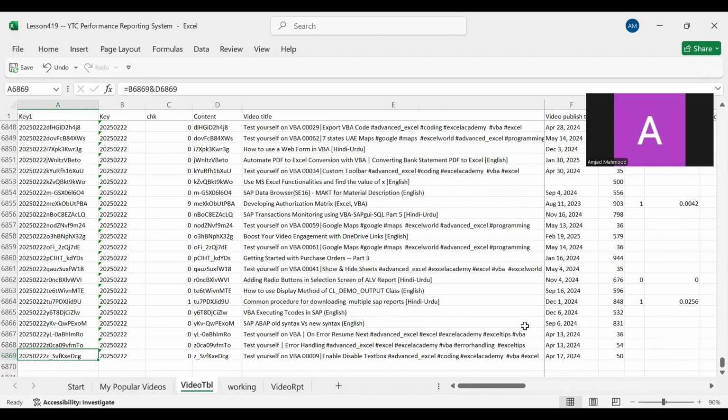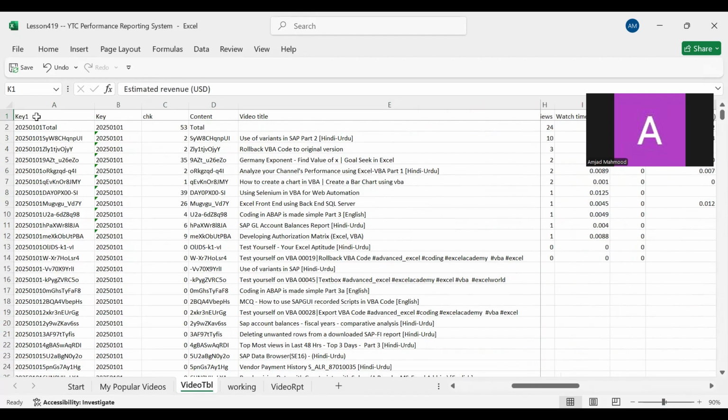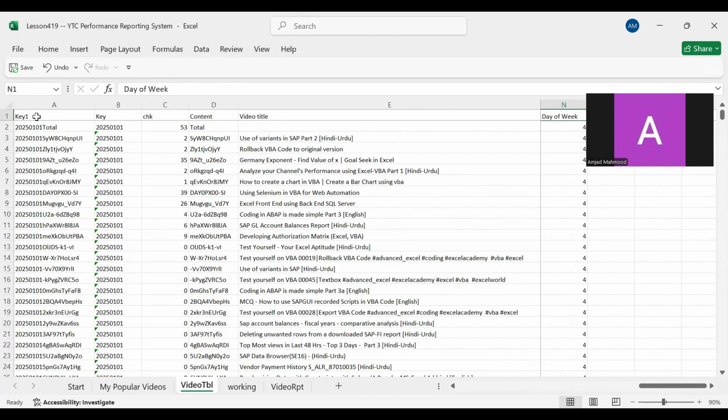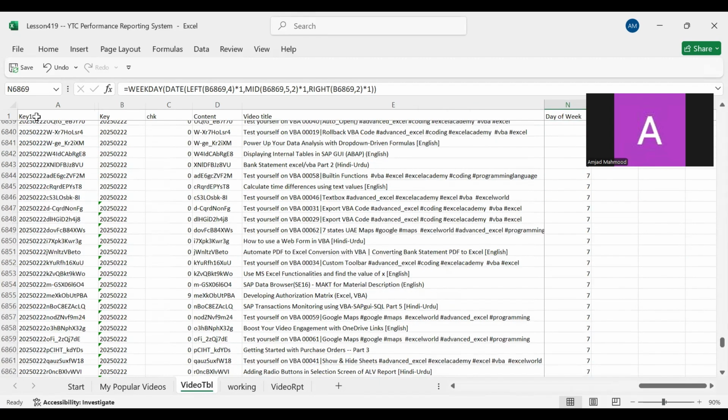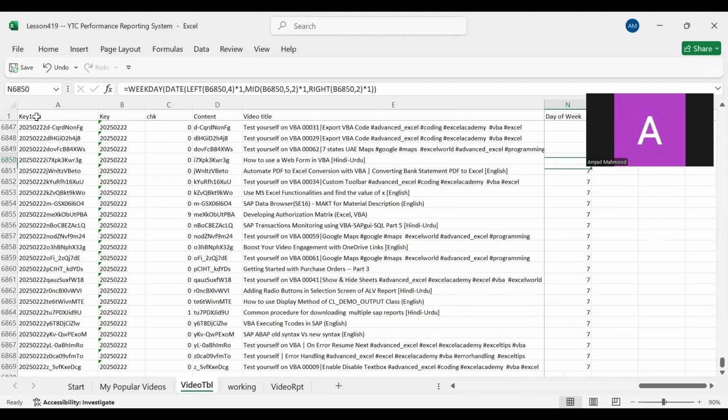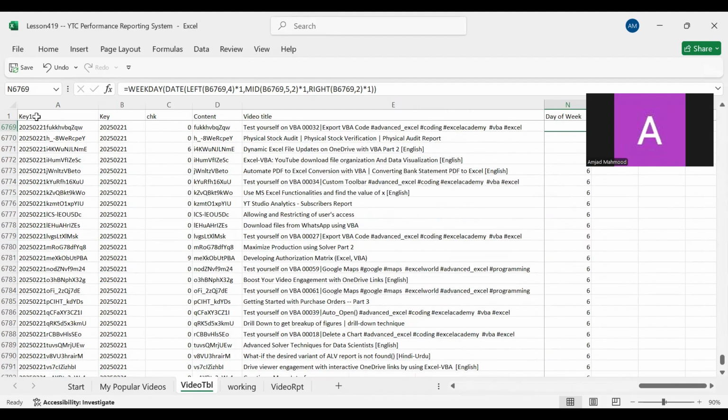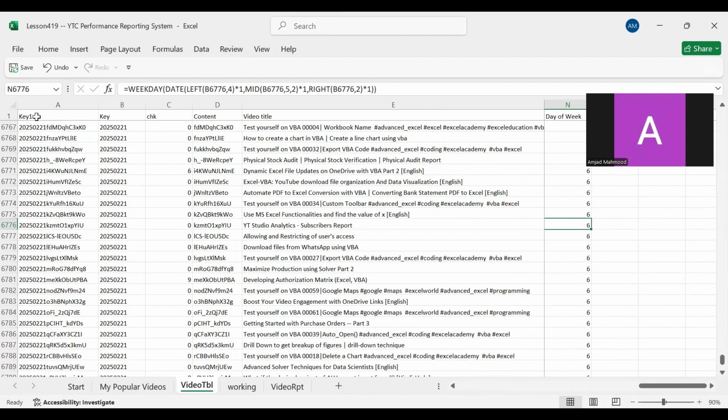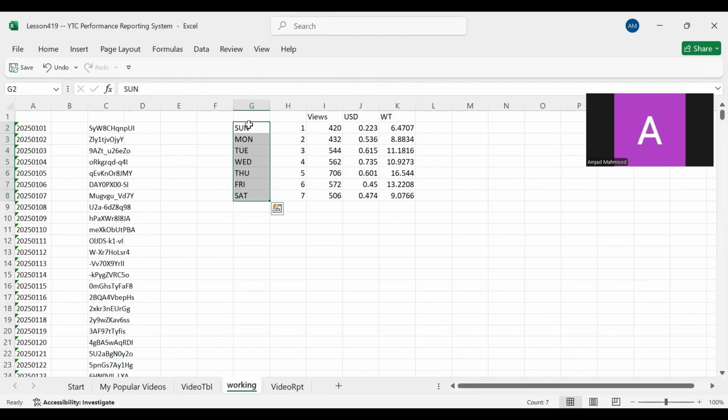So this is the table sheet, and in it we have added a new column, which is the day of the week, the weekday. 4 stands for Yom Arba, that is Wednesday. 7 stands for Yom Sabt, that is Saturday, right? And 6 stands for Friday. By doing this, we are able to create another report